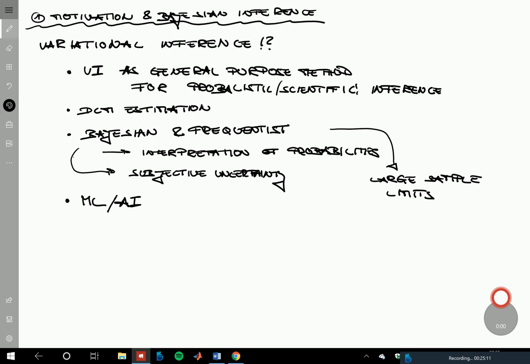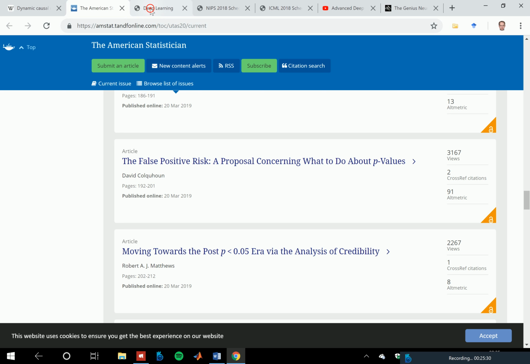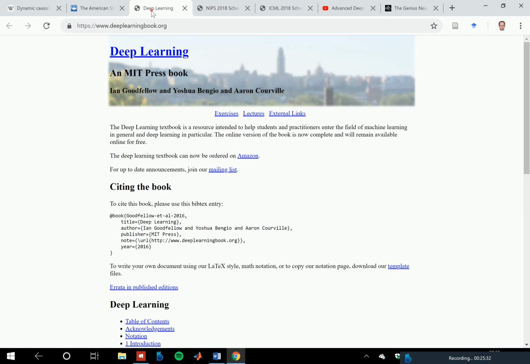And variational inference is a topic in current artificial intelligence and machine learning. It is a topic, and to prove that, here, for example, is the deep